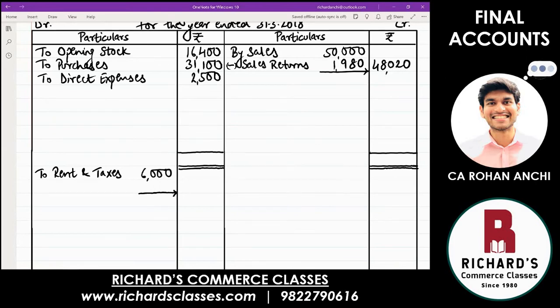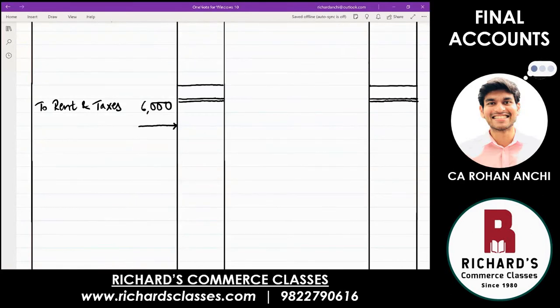Further, next is bad debts. Now bad debts, a little discussion before we move forward. What you are going to do is start with bad debts. So you'll write 2 bad debts, and in the bracket, you write old. The one that you see in the table in the trial balance is always the old items. So 2 bad debts, old. What is the value given? 400. And you will write that in the inner column, 400.